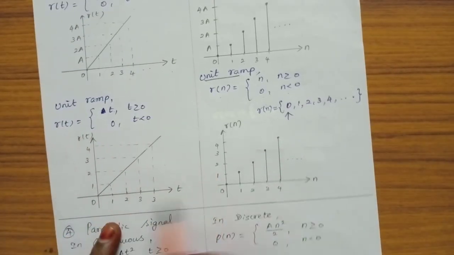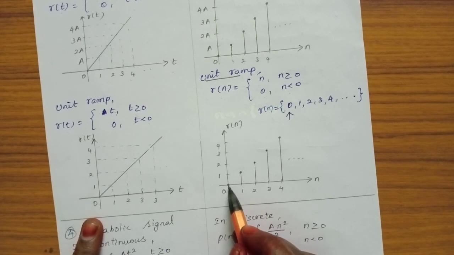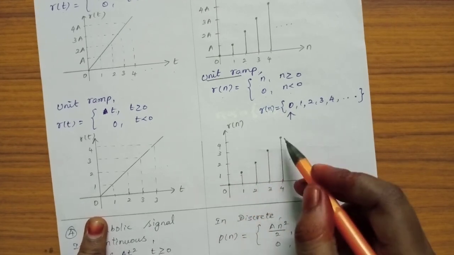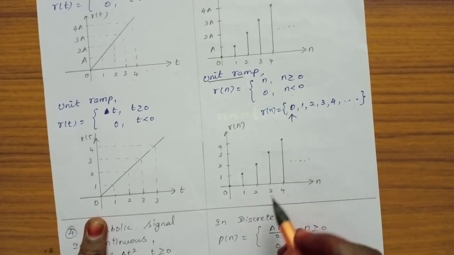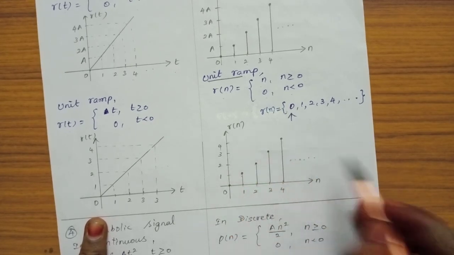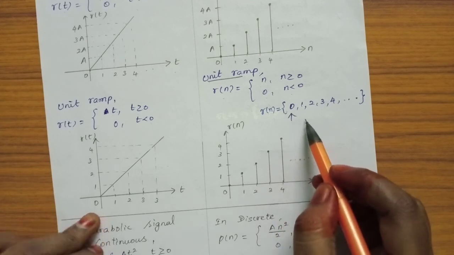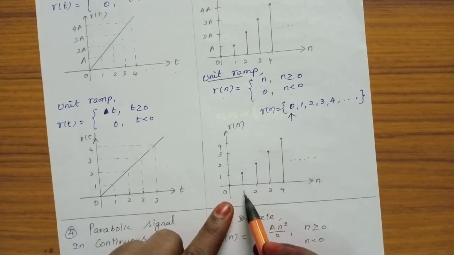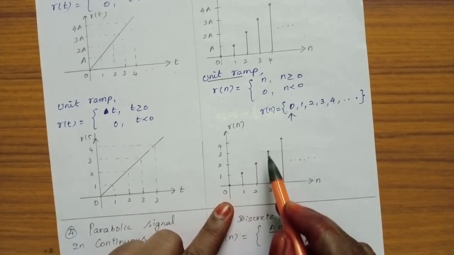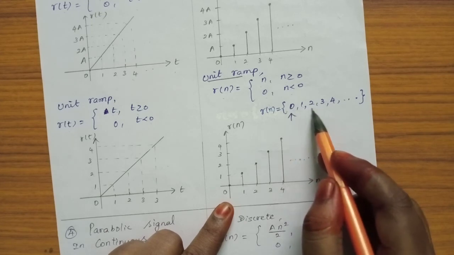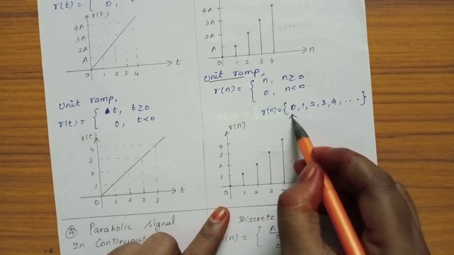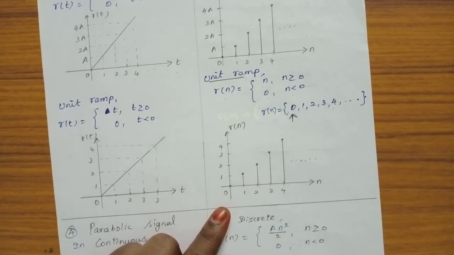Okay, so the same signal, when n equal to 0, r of n is also 0, n equal to 1, r of n equal to 1, n equal to 2, r of n equal to 2. So it has linear relationship. So n equal to 4, r of n is also 4. So it goes on like this. So we can also represent it in sequence form, that is at origin its value is 0. So next amplitude values 1, 2, 3, 4, etc. So 0, 1, 2, these are all amplitude values. At origin its value is 0. So this arrow indicates the origin value.